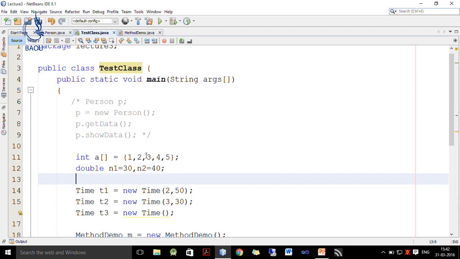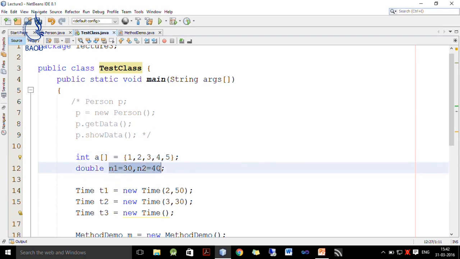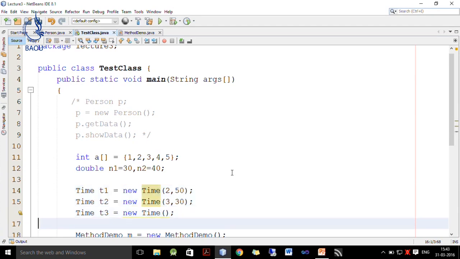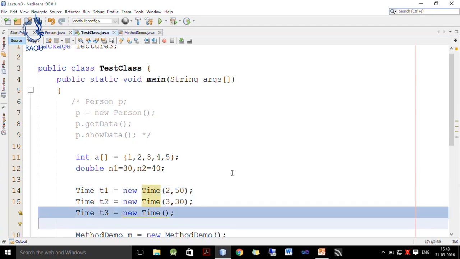The array is initialized to 1, 2, 3, 4, 5. So, the sum is 15. We have double type variables 30 and 40, and we want to find the maximum, which is 40. We have 2 times which represent 2 50 and 3 30, and we want to find time T3, which is the sum of these 2 times.